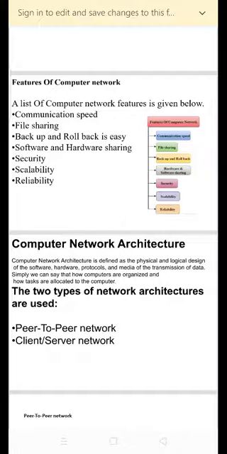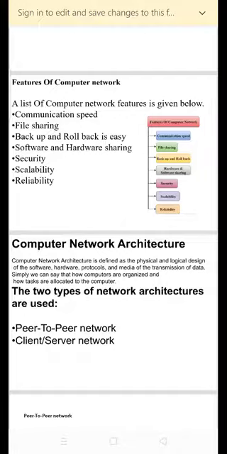Therefore, the computer network is a great way to share our knowledge and ideas. So next one is file sharing. File sharing is one of the major advantages of the computer network. A computer network allows us to share files with each other.